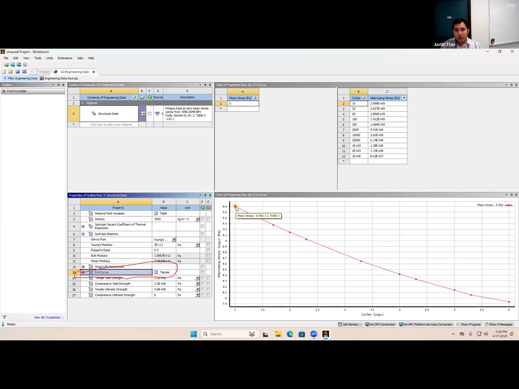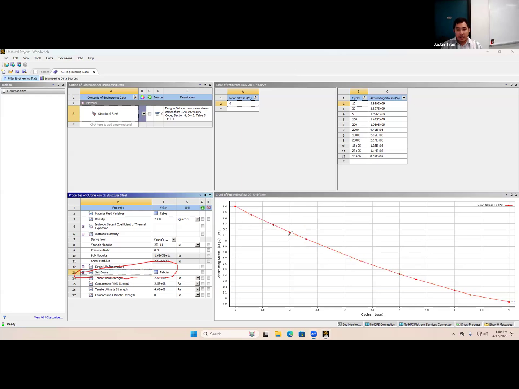Number 1 here is 10 cycles, 2 is 100 cycles, 3 is 1,000 cycles, then 10,000, 100,000, and it caps out at 1 million. Then on the vertical axis, this describes the amount of stress that the material can withstand for that number of cycles. So as the number of cycles increases here, you can see that the amount of stress that we can tolerate